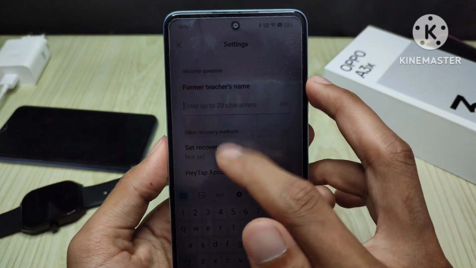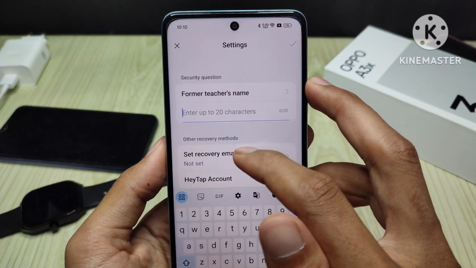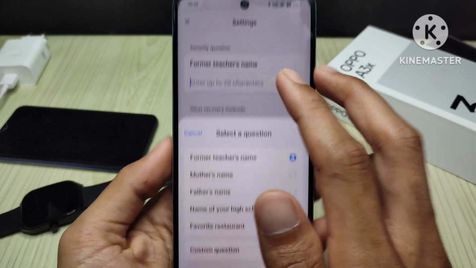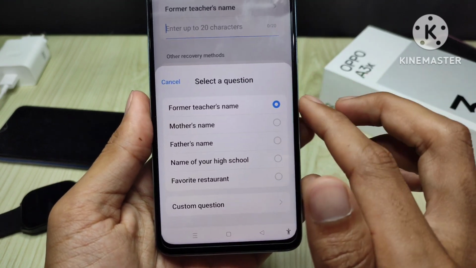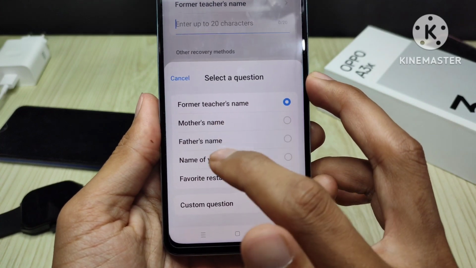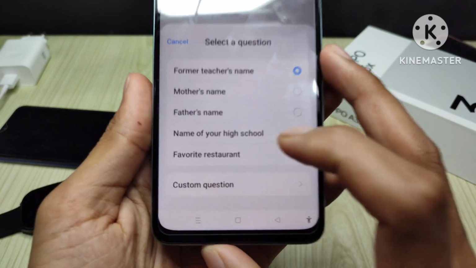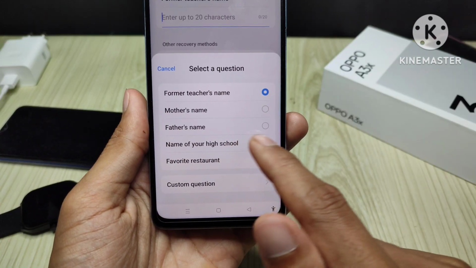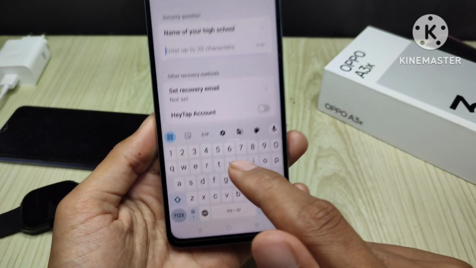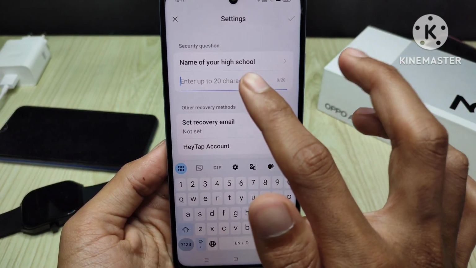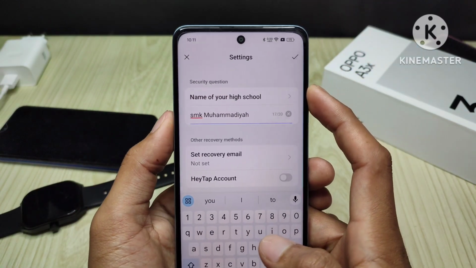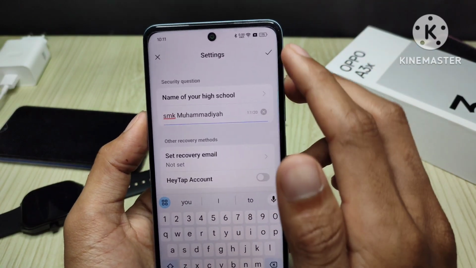And step 2, in this security question you can select an option. You can select any option. What do you want? Maybe mother's name, father's name, and in this option I want to select name of your high school. I just want to select this option, tap on it, and you can type your school. Okay, maybe just like this. You can tap on the checkmark,